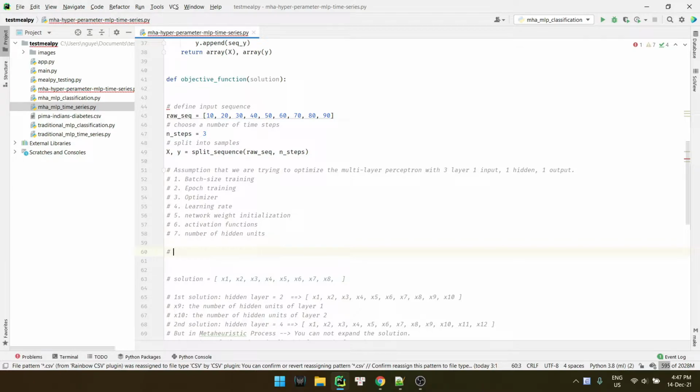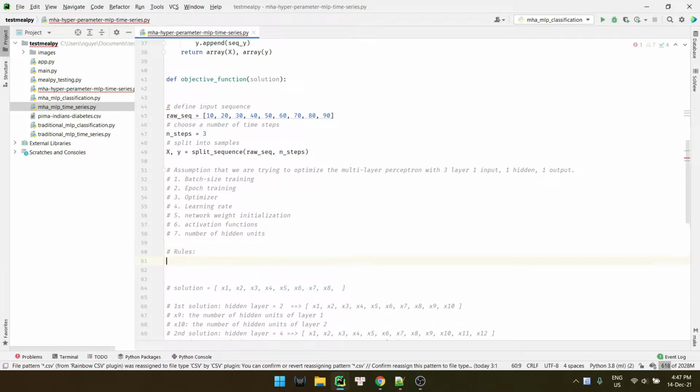Okay, so let's make the rules for batch size. Batch size, because in the problem we don't have much data, much data examples, so just use small batch sizes like 2, 4, 8.